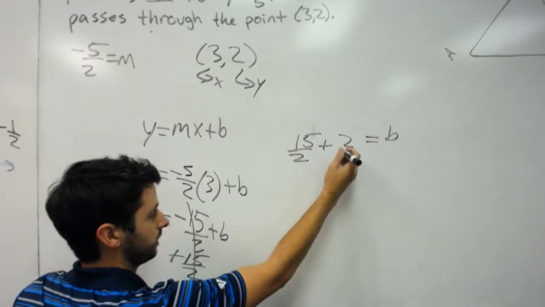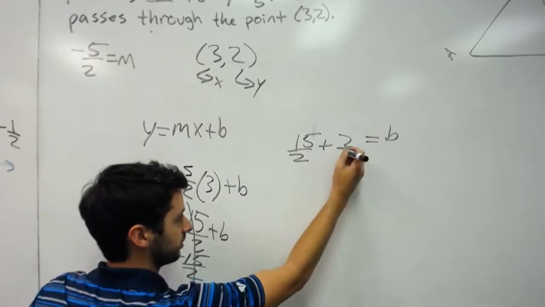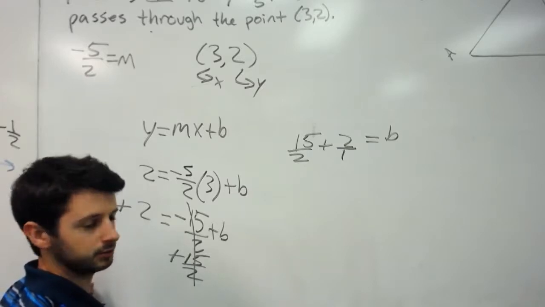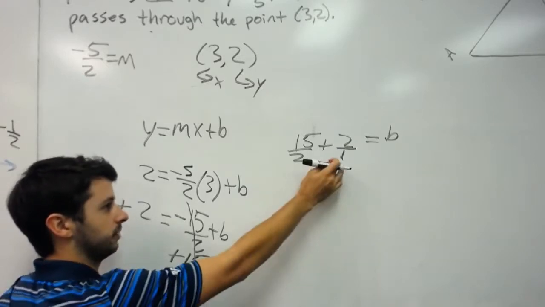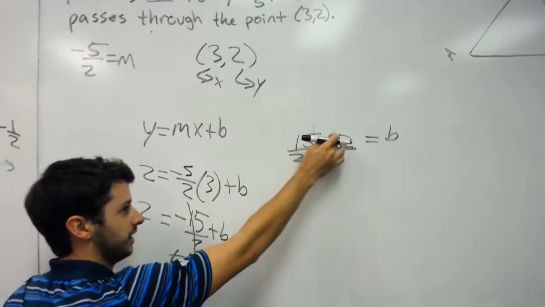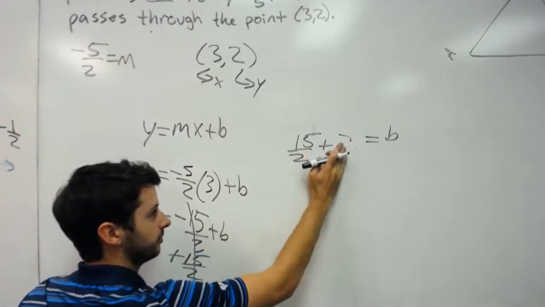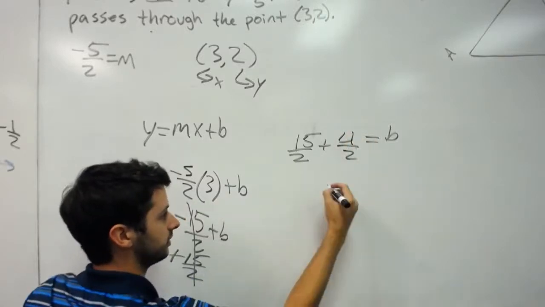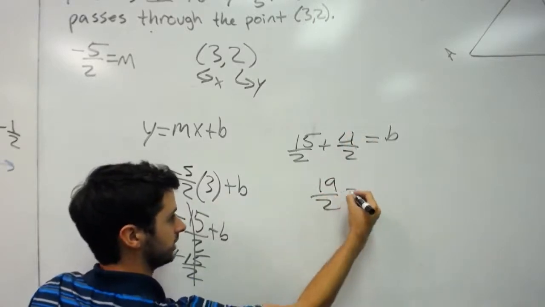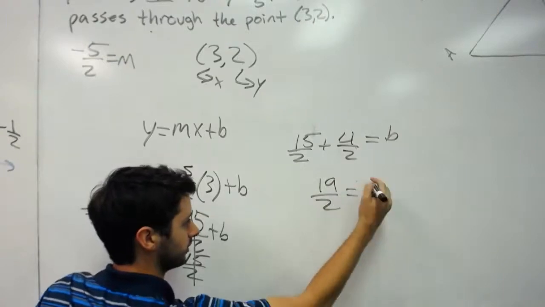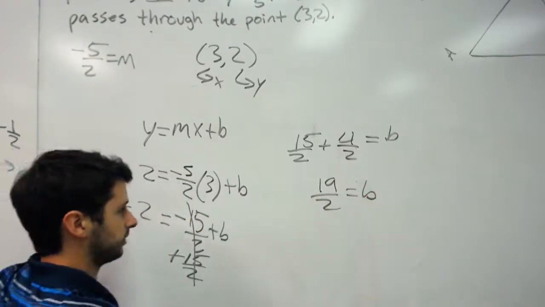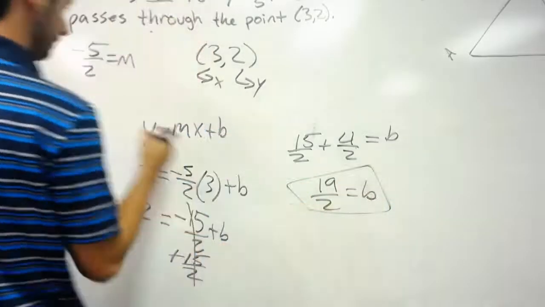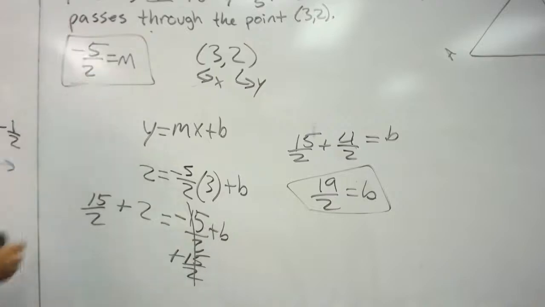Okay? We can add these together by giving them a common denominator. Common denominator here would be 2. So we've got to multiply the 1 by 2 and the top by 2. So 2/1 becomes 4/2. So b equals 19/2. Whoops, sorry. b equals 19/2. So we know b, we know m, and that's all we need to form a